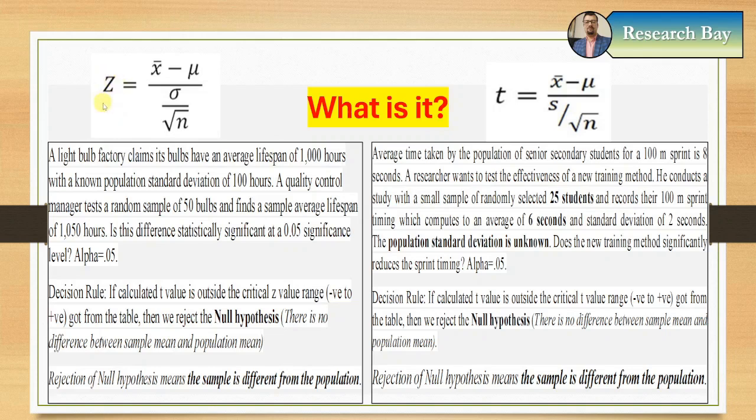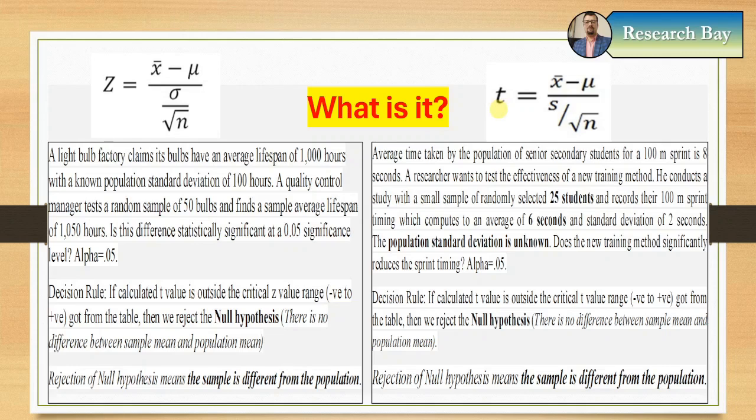Z distribution basically means a standardized normal distribution. A standardized normal distribution is known as Z distribution. And in T distribution, when the sample size is very small, less than 30, then this uncertainty, this unsureness of getting the right results